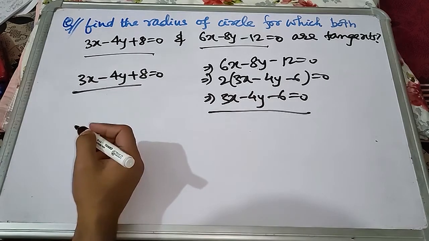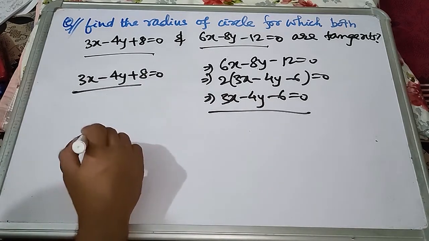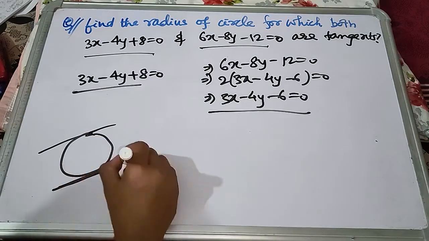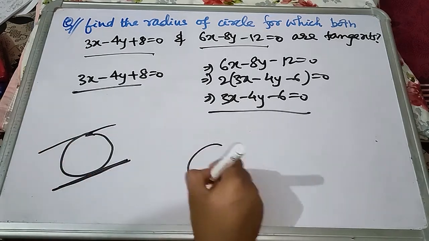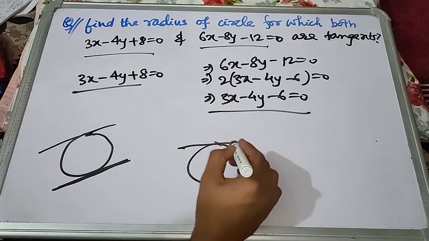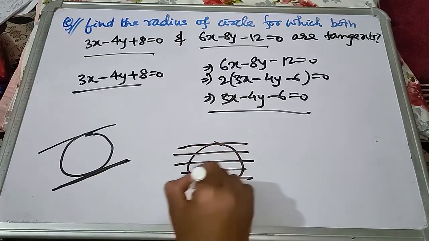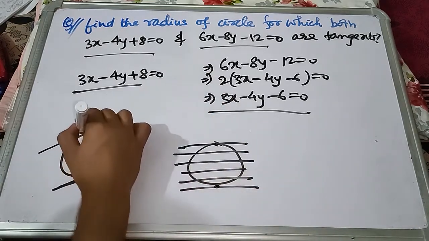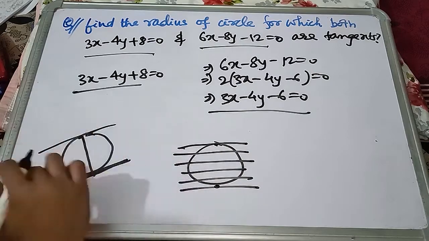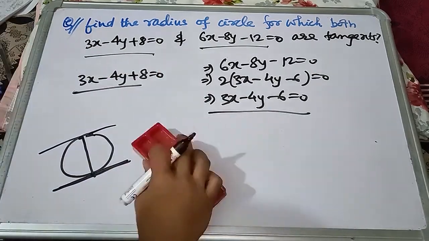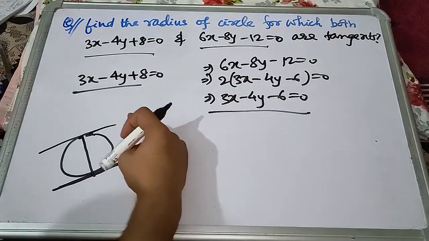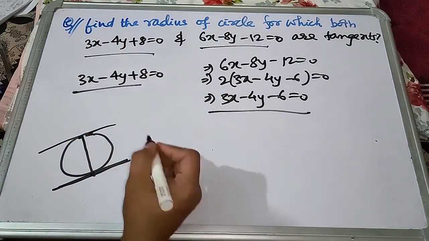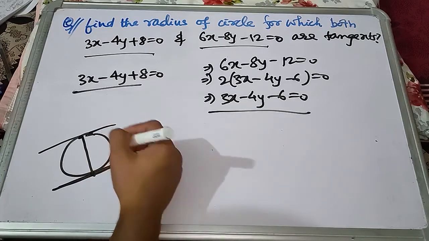Okay, so now if you imagine the figure, if both are tangents, one is like this and the other one is like this, because both are parallel. Lines parallel to this are like this. So one line over here comes and becomes a tangent. This is a concept that at the ends of the diameter, two parallel tangents can be drawn. So if we find the distance between two parallel tangents, we get the diameter, and then the radius is just a cakewalk. So now let us find the distance between these two parallel lines.